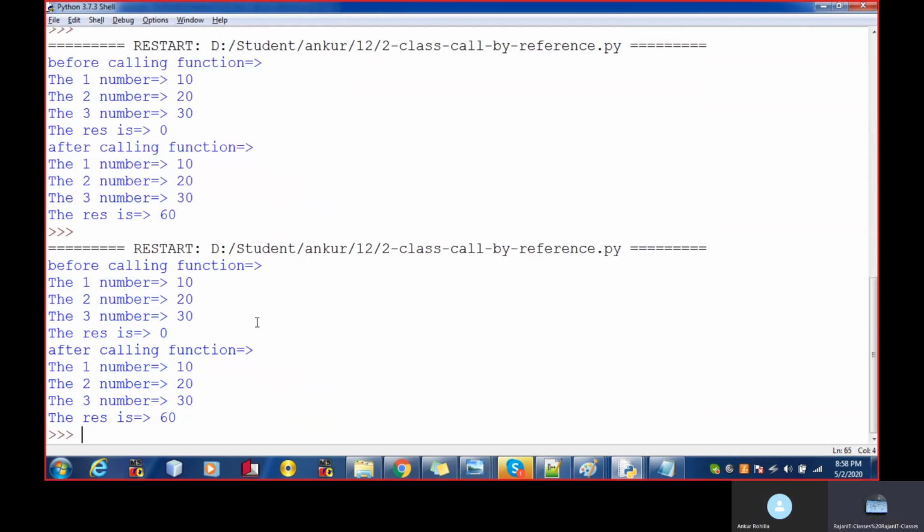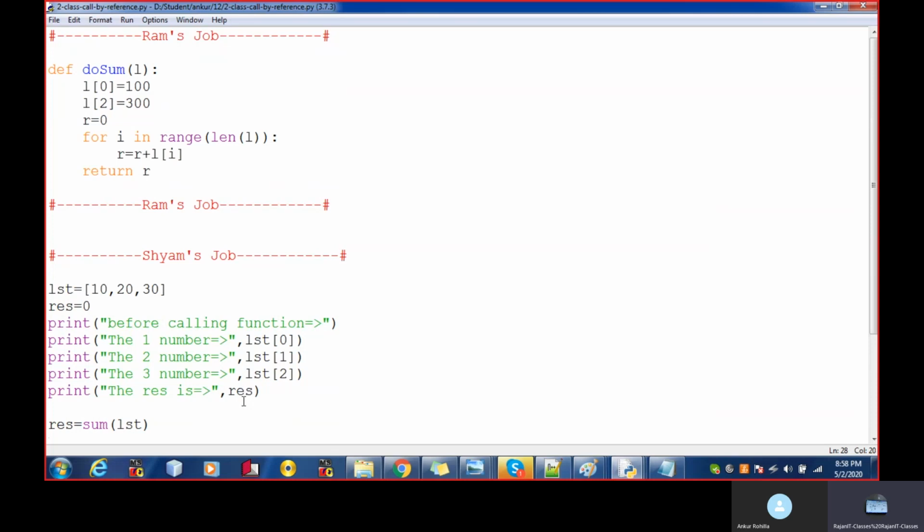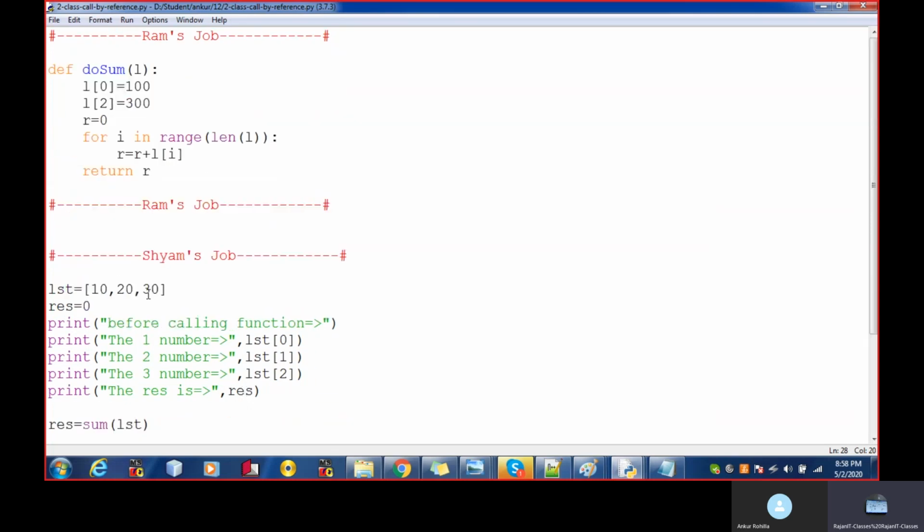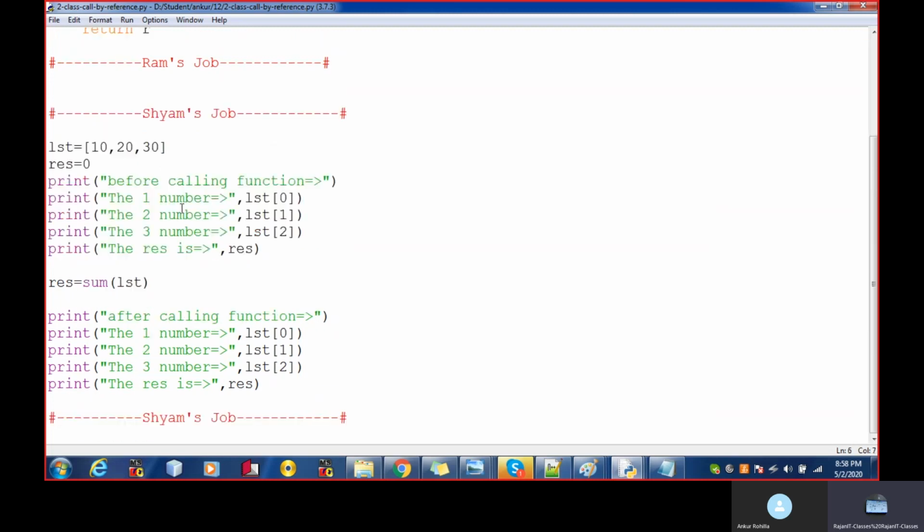Why is it displaying 10, 20, 30? Something is wrong. Change the list value of the list. L0 is the 100, L2 is the 300, this is the R0. I'm passing this one.